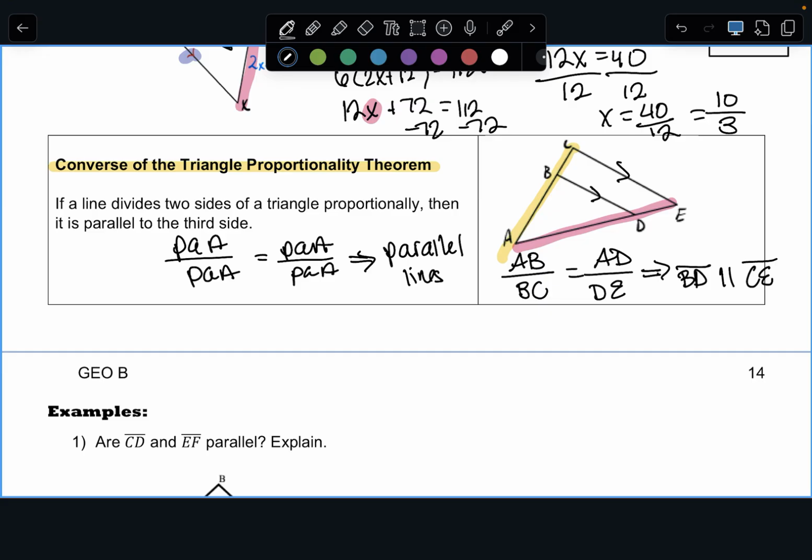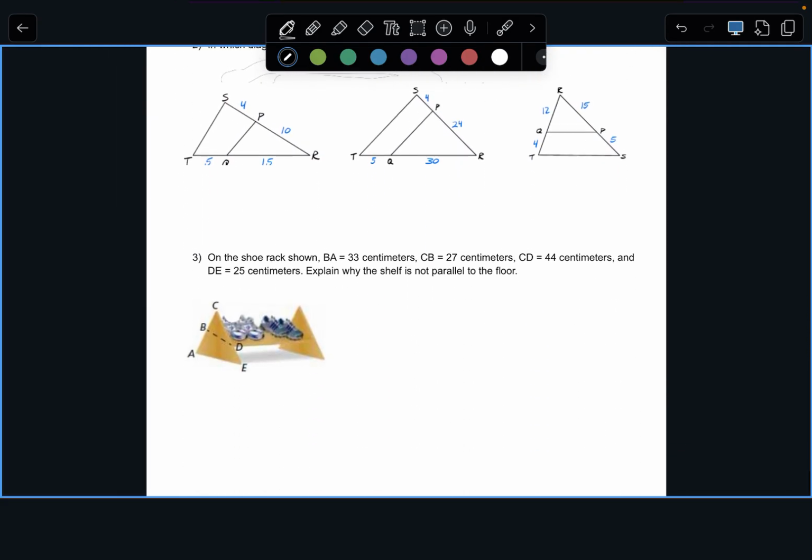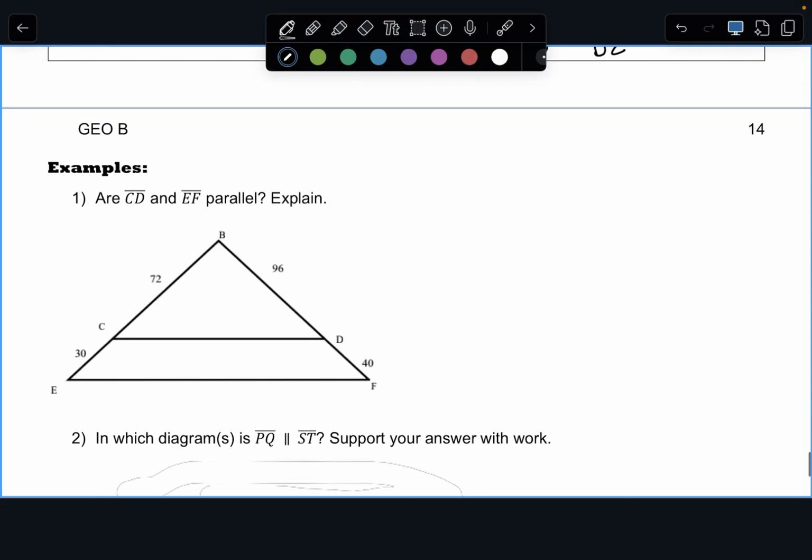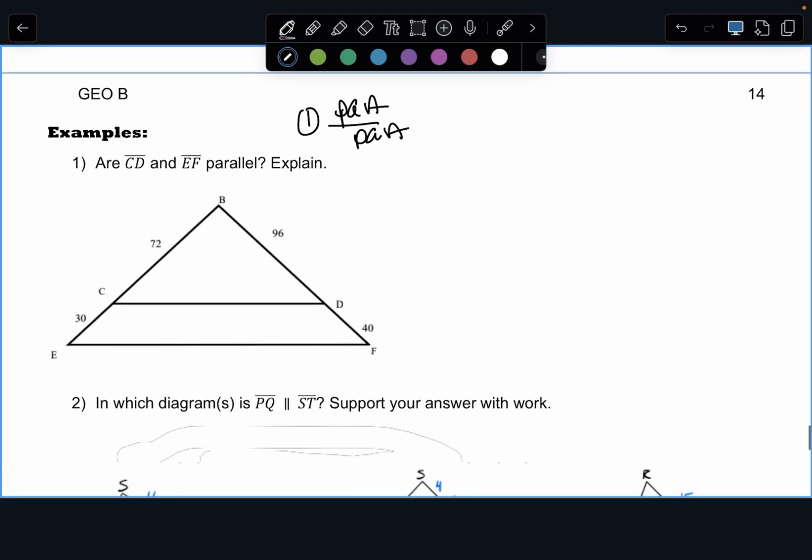Questions on that converse theorem? We're going to use it in 5 examples, and then we're going to be done. So here, instead of our first step being checking for parallel lines, our step 1 is setting up part over part, seeing if it's equal. Okay? So